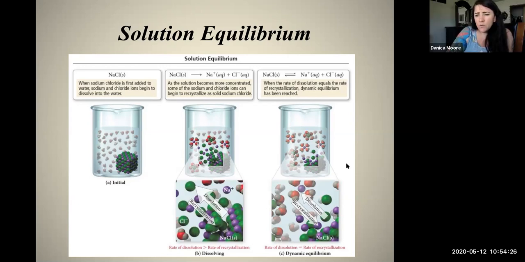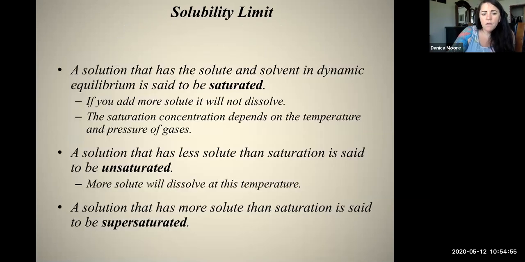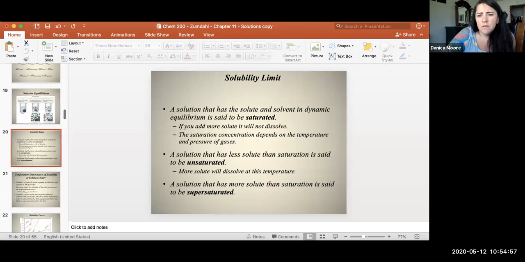So these weak acid equilibria are a huge part of Chem 201, right? Solution equilibrium is kind of weird when we're talking about something like sodium chloride, which is super soluble. But when we get into weak acids and other kinds of weak electrolytes, that's when this solution equilibrium becomes really, really important to understanding chemical reactivity and how many ions are going to be in solution, okay? Okay, I think